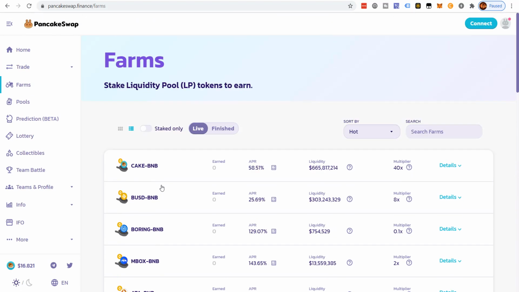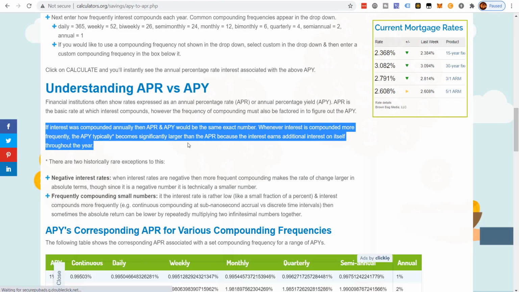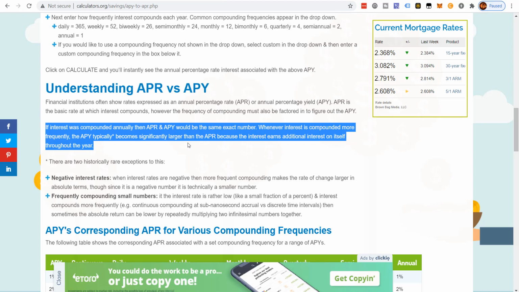The main thing I wanted to cover today is understanding the difference between APR and APY. And again, a quick recap. APR is the current rate at which a project is paying. APY includes the rate plus all the compounding plus all the additional token payments and or fees that are earned. It's everything combined. It's the yield for the year. That's how you can remember APY. APR is the current earning rate. Hopefully that's been helpful to you.